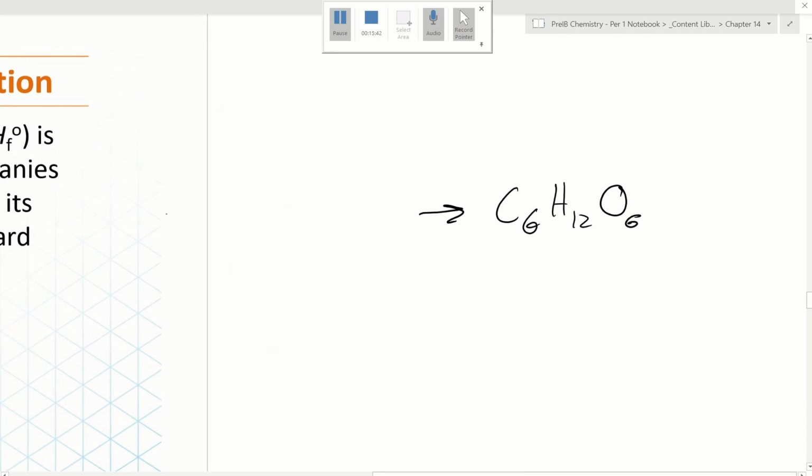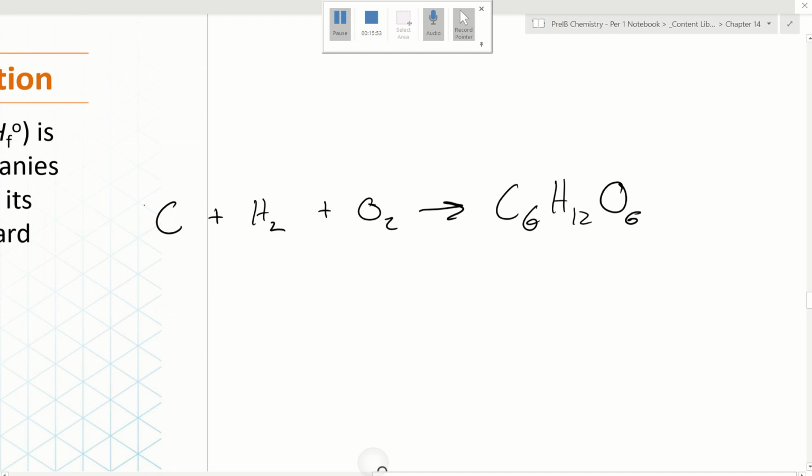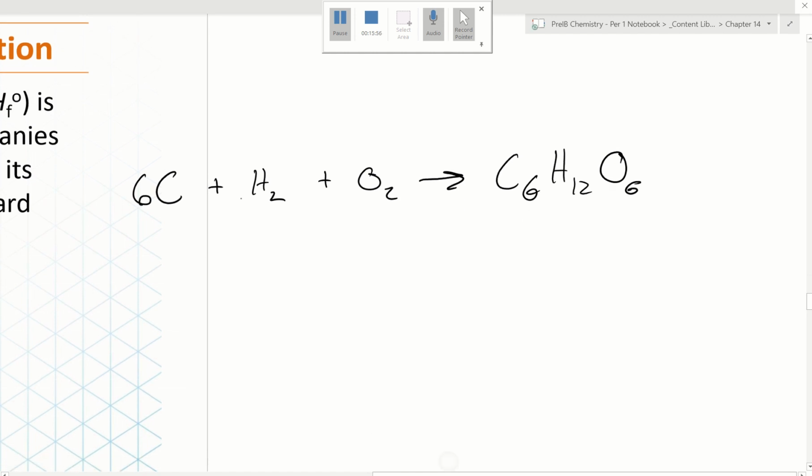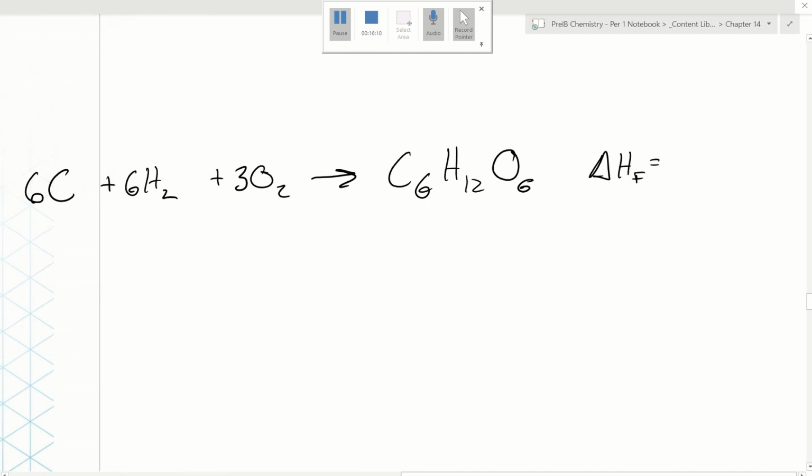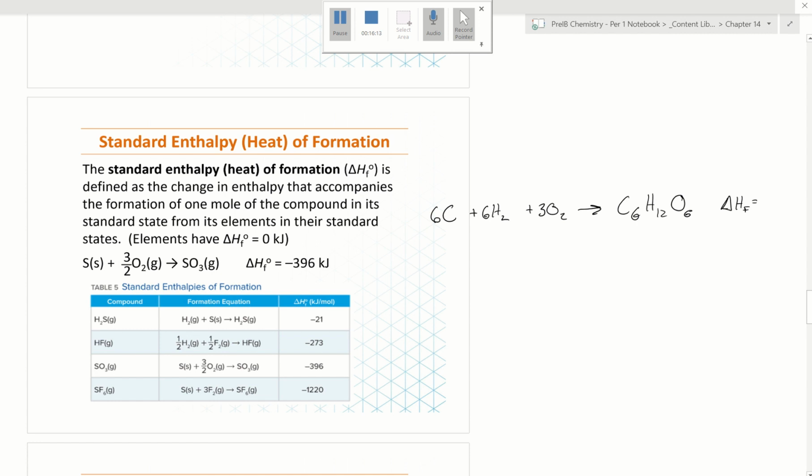Well, I would need its elements, carbon plus H2 plus O2, like that. And I would say, well, I need 6 carbons and 6 hydrogens, because 6 times 2 is 12, and 3 oxygens. So this would be the equation for the enthalpy of formation of glucose, and I would say that delta H sub F is equal to, and I'd have to look that up. I don't know what it is. It's a reference. So standard enthalpies of formation are always given in a table,